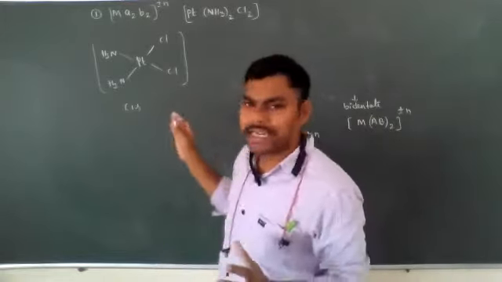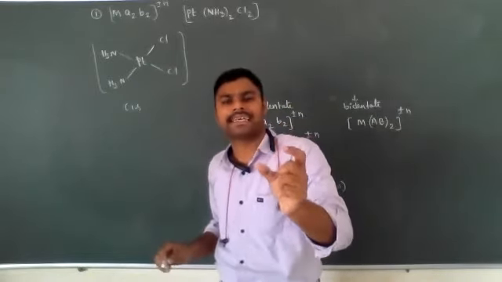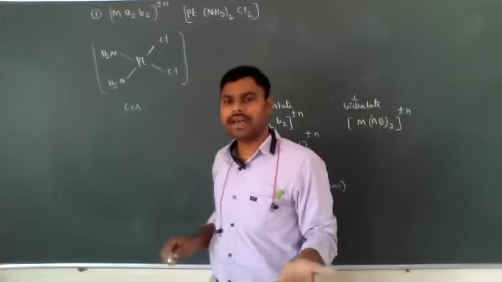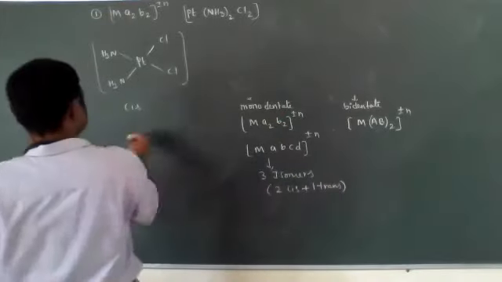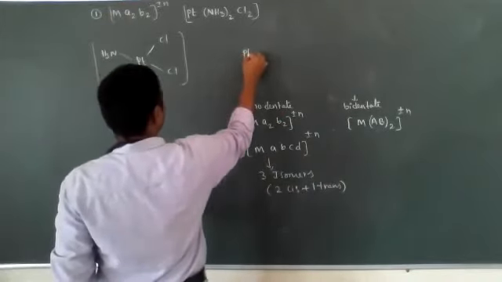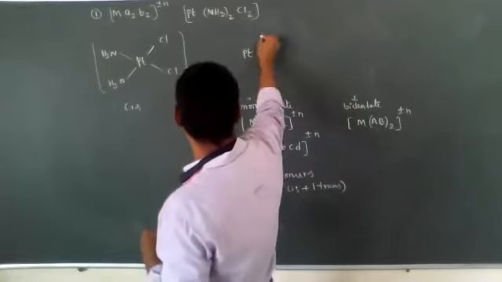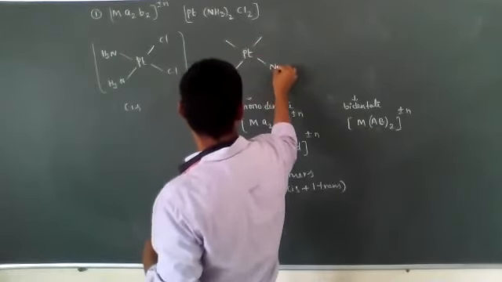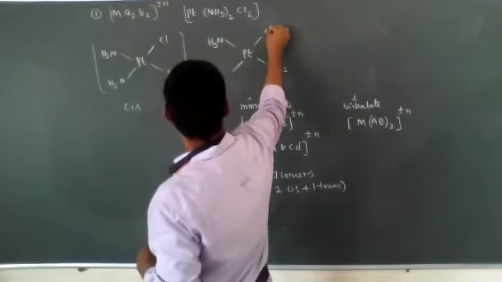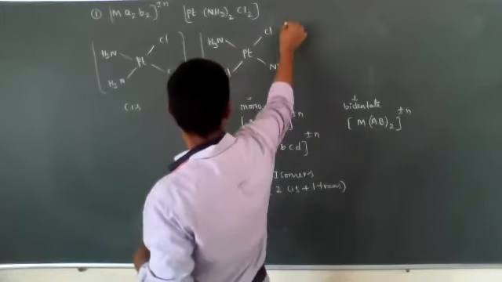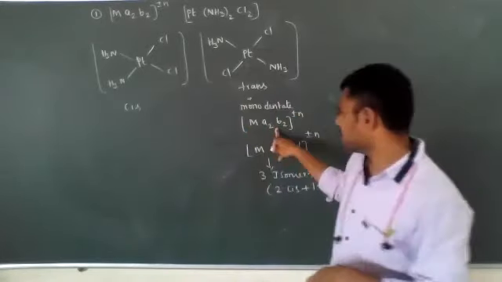That's why, what is the importance of these isomers? For some compounds, one particular isomer acts as a drug while another isomer is not active as a drug. That's why isomers are very, very important. So this is the cis isomer and this is the trans isomer. If you want the trans, what do I have to do? The same kind of ligands should be opposite to each other. Then enough. NH3, NH3. Trans is not a cancer drug. Only the cis isomer is a cancer drug. This is a trans form. Okay, I gave this kind of example.